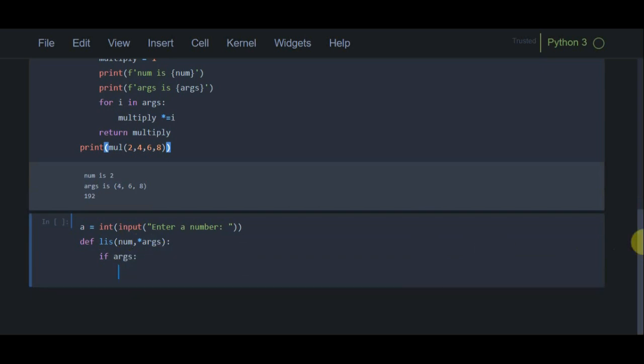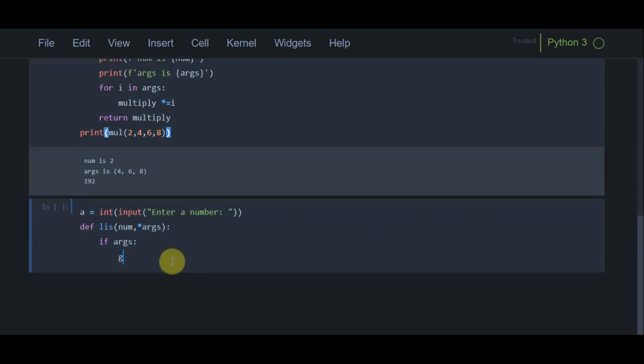If args is present, then we can simply use string formatting and power the function. I multiply with num, because num is the first argument we are using to power each element of the list, for i in args.